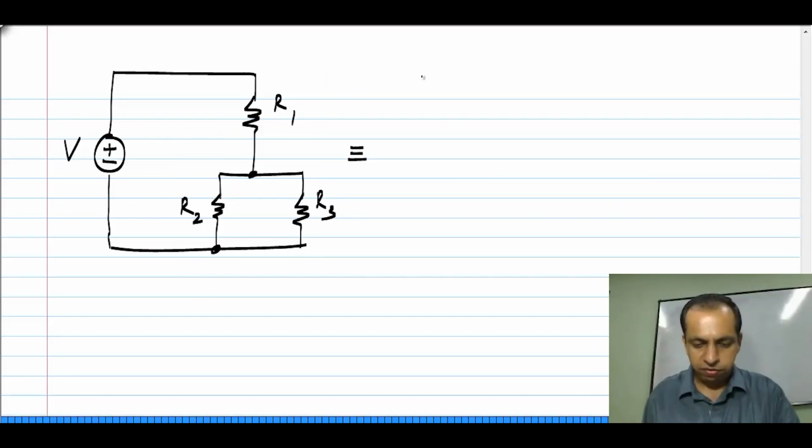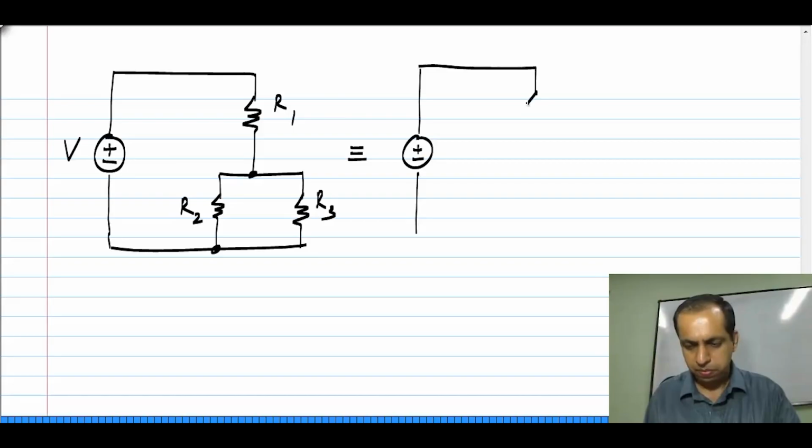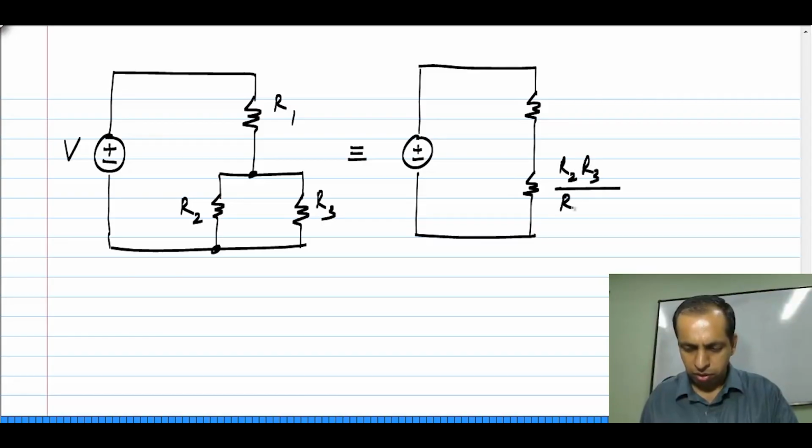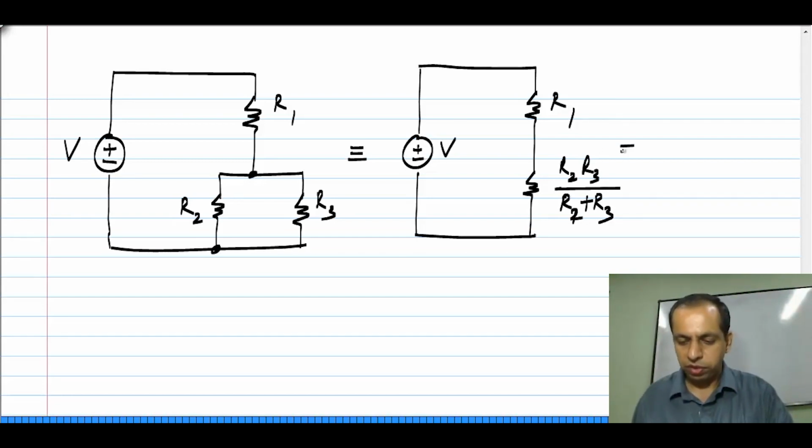So, we will have the parallel combination and R1, and of course, finally, these two are in series and can be reduced to a single resistor. So, we have